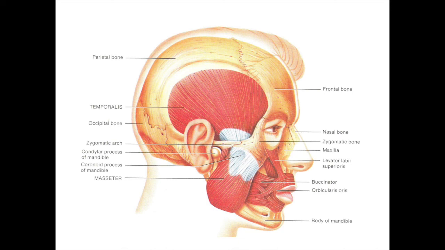As I mentioned before, we have that large temporalis muscle, again associated with that fossa that extends across both the frontal and parietal bones. It then will cover and connect with the temporal bone, so it is going to be on both the left